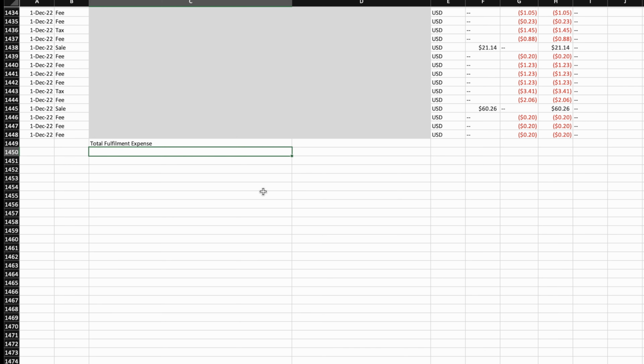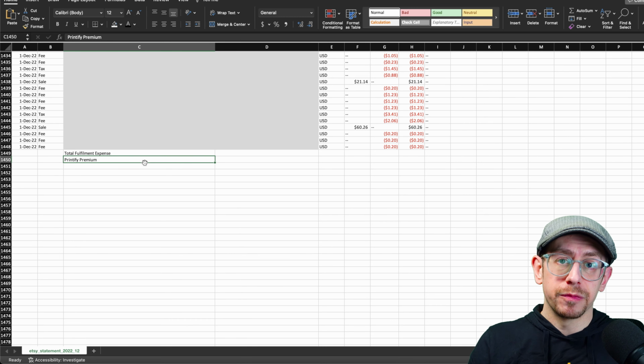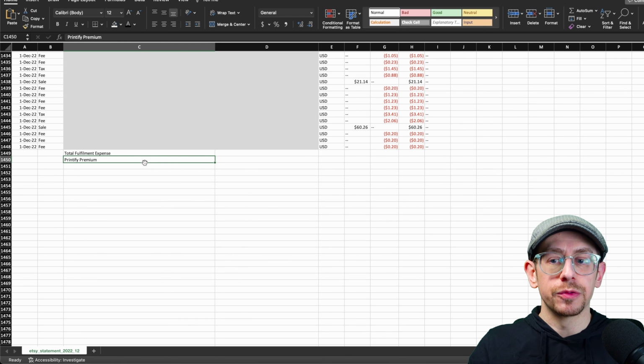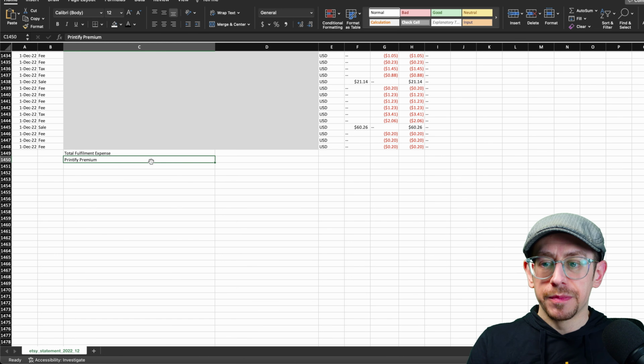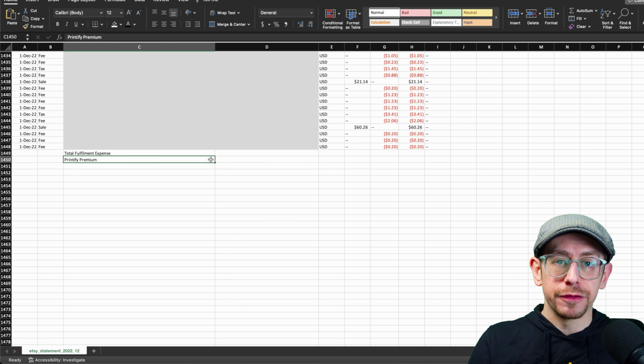And then the other thing you want to do is you can add rows if you want to also include your overhead expenses on a monthly basis. For example, if you pay for Printify Premium, even if you paid annually for it, you can break that down on a monthly basis just by subtracting 1 month's worth of it each month. So we'll have a row for total fulfillment expense. We'll have a row for Printify Premium. And what we're going to do here is we are going to come to the expense column, which is column